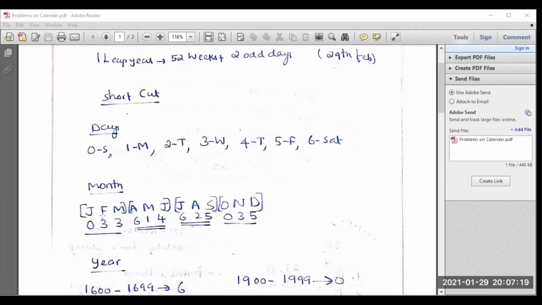Clear? In Group 1, you can give the number like this: 033. That is regarding Group 1. And in Group 4, you can look at 035. Then coming back to Group 2, 614 and Group 3, 625. Any cost you have to remember this code. That is mandatory. Hope you will remember this.